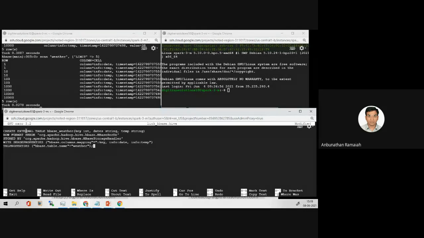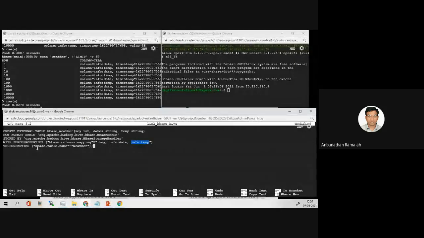So create external table. We are going to create a table. Its name is HBase weather. It has an integer key, date and temperature, 3 columns. Then stored by the HBase storage handler, with properties like mapping we are doing: key, date and temperature.